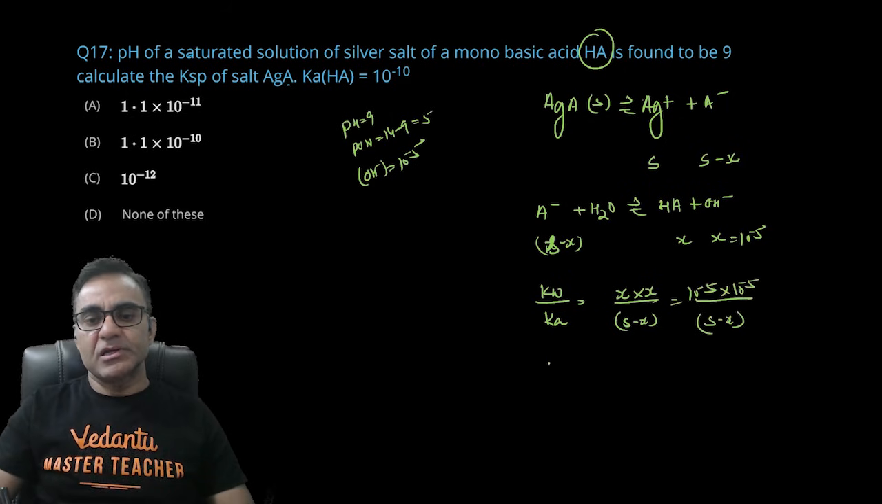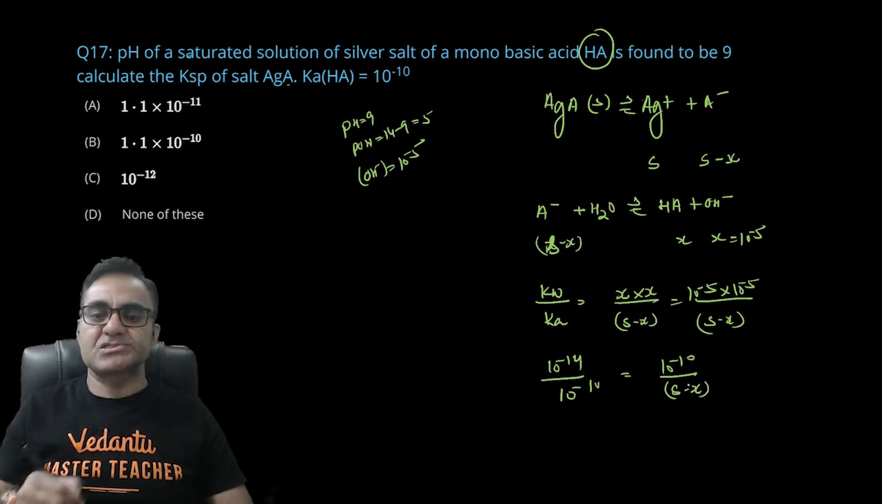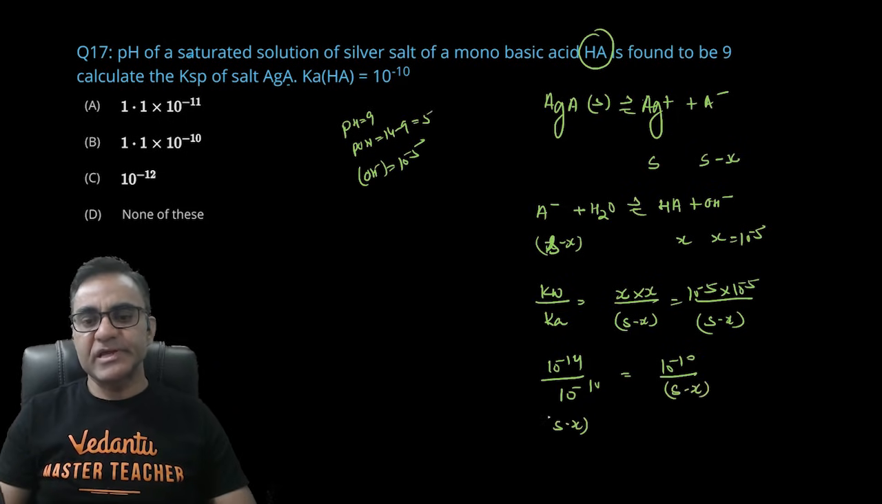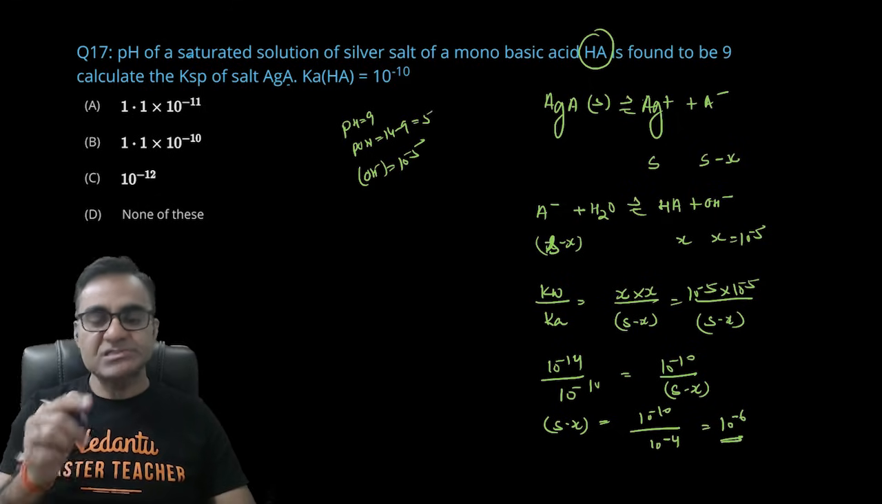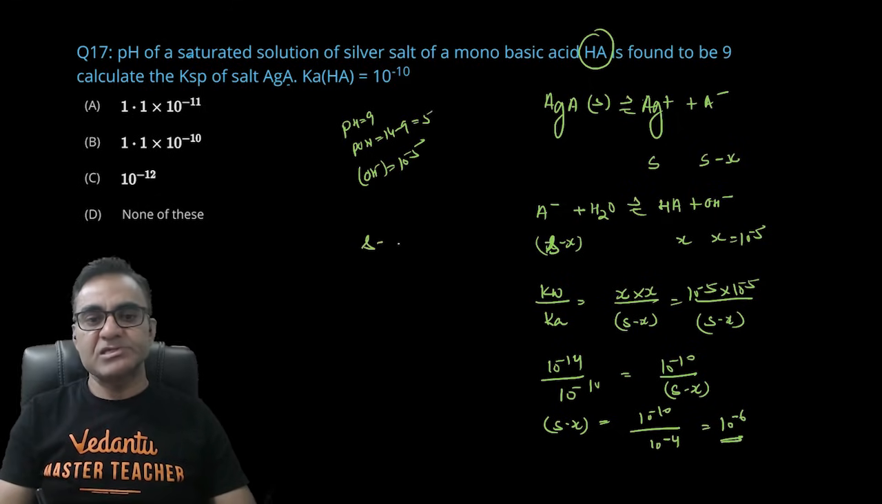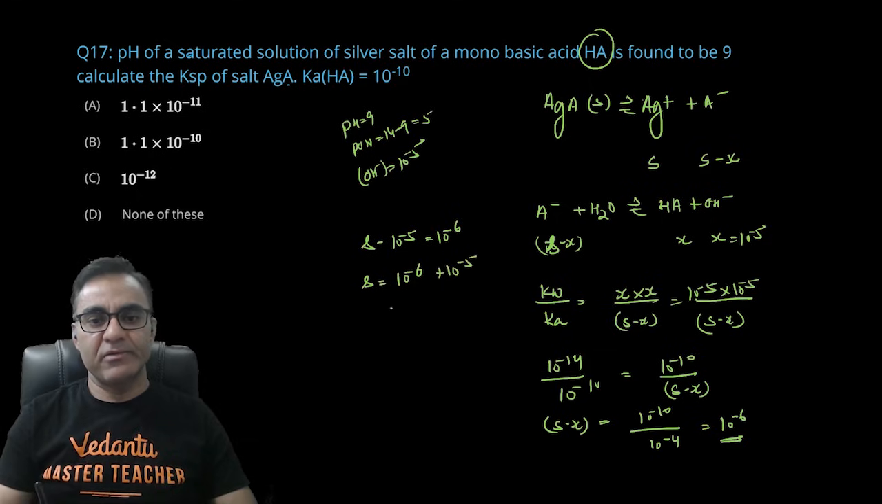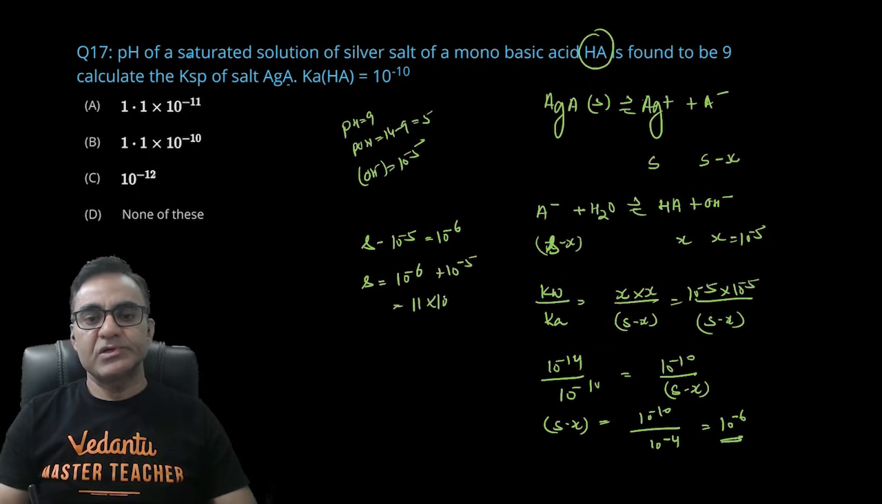S माइनस x। Kw 10 पावर माइनस 14 होता है, Ka 10 रेज़ टू द पावर माइनस 10 दिया हुआ है। दिस इज इक्वल टू 10 रेज़ टू द पावर माइनस 10 डिवाइडेड बाय S माइनस x। ओके, तो S माइनस x यहाँ से मुझे मिल जाएगा 10 रेज़ टू द पावर माइनस 10 डिवाइडेड बाय 10 रेज़ टू द पावर माइनस 4 comes out to be 10 raised to the power minus 6। S minus x पता चल गया और x आपको ऑलरेडी पता है, तो S minus 10 raised to the power minus 5 is equal to 10 raised to the power minus 6। तो S is equal to 10 raised to the power minus 6 plus 10 raised to the power minus 5, और इसको मैं लिख सकता हूँ 11 into 10 raised to the power minus 6।